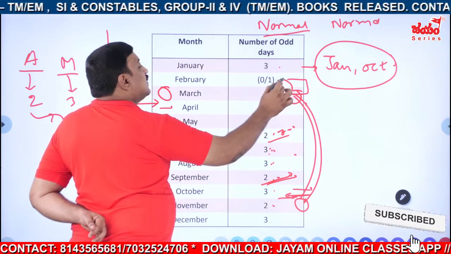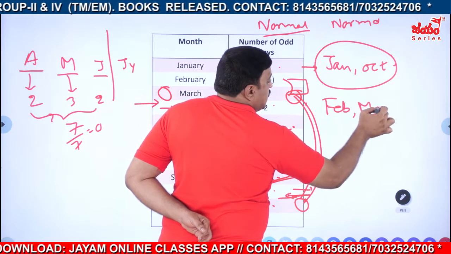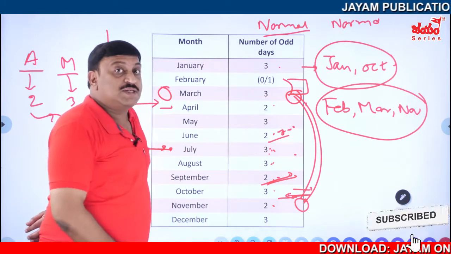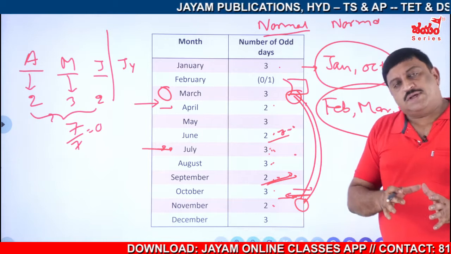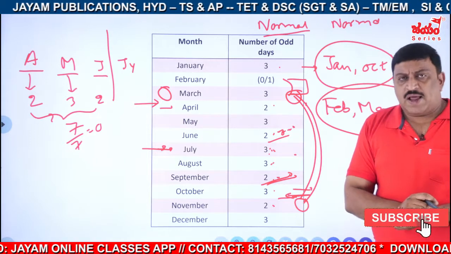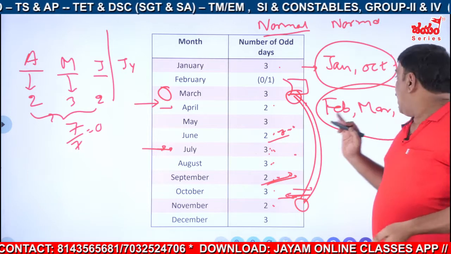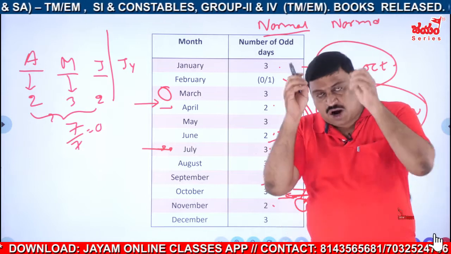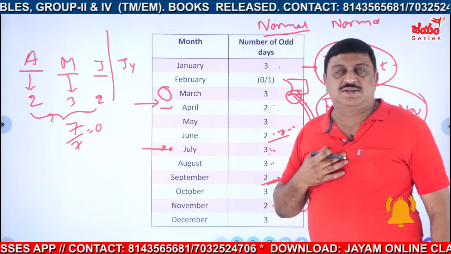Already March is paired with February. That means February, March and November, all these 3 resemble the same. I'm saying resemble same, meaning similar, that is, almost near, right? Because exactly, they are not exactly the same. February may have 28 days, March has 31 days, and November has only 30 days. Though they are like that, they always start with the same day. Though they are not ending the same, they start on the same days, right?